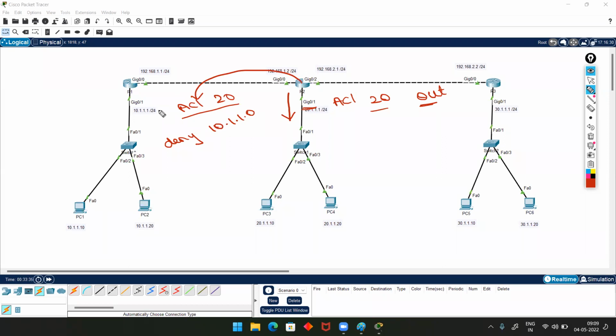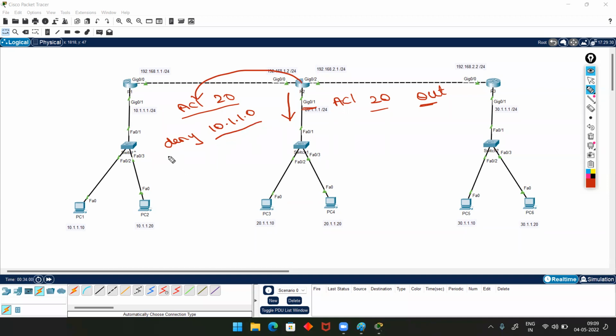This ACL 20 tells the router: if you want to send a packet through the 0/1 interface, and in that packet the source IP is in the 10.1.1 network,